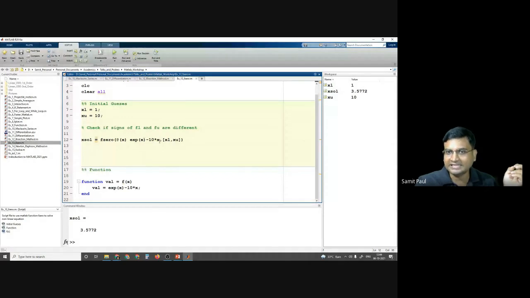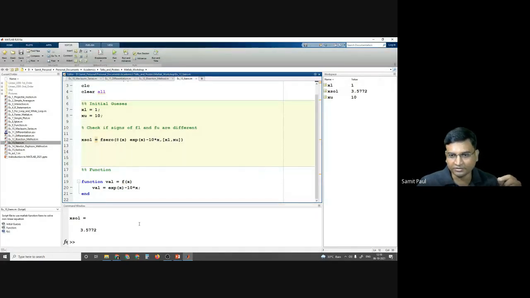Good. 10 times x, that's also an array operation, but an array operation by what? A scalar. So this is a single array. This is also an array. Array minus array. So no need to put dot star. Instead of doing this, if I had given x sin x, then you need to put dot star. So without the function file, you can directly write the function here, and the fzero function will work.